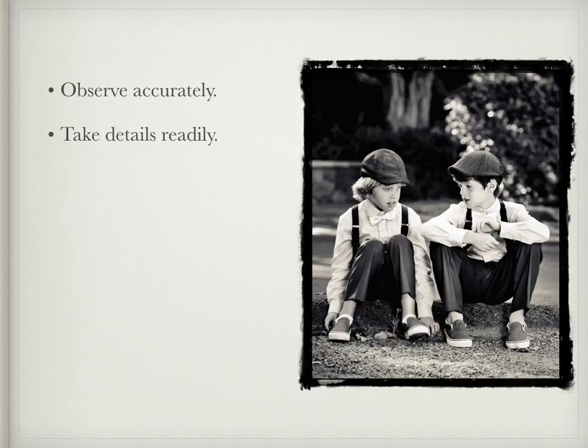Take details readily. As you're really thinking and observing things, accept it and think about it in the moment. Don't wait until later. And write down what you're describing. It'll be a good exercise for you to take a walk and just describe and catalog what you see exactly as you've seen it, and catalog your impressions of them. So you might describe bare tree branches as long knobby fingers. It's a little bit cliche, but you could just catalog it as you see it.